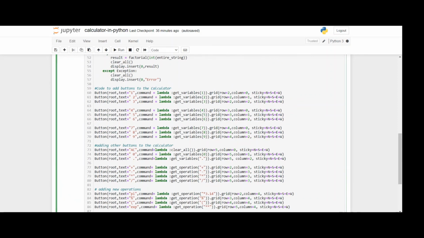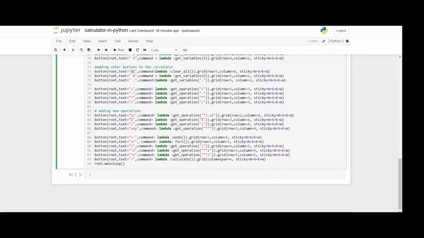And you also know that we use another function, clear all. Here is clear all, which means all clear in the case of AC. If I click all clear, the whole equation is cleared. Now if you click on the undo function, that creates an error, because there is nothing, all is clear.